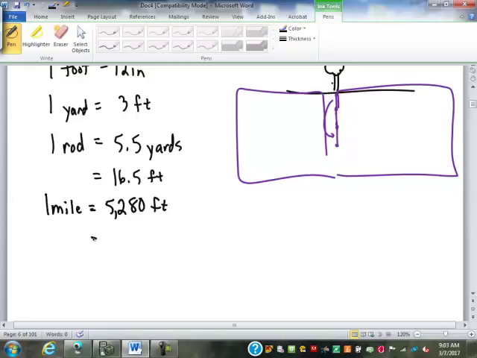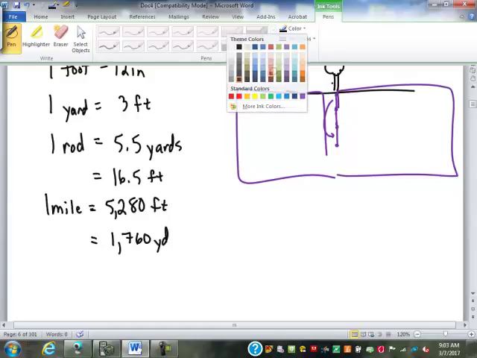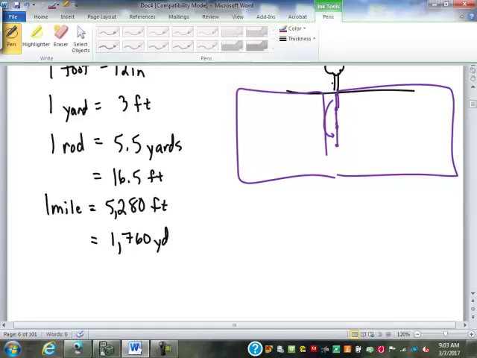5,280. How many yards? I don't know. 1,760. So if I want to convert,